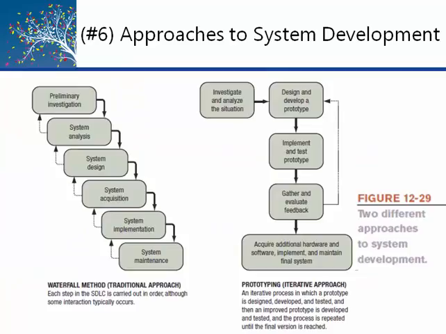And the last learning objective is the approaches to software development. This is not pre-phasing it in. This is going back to the development itself. Our 6 phases: preliminary investigation, systems analysis, system design, systems acquisition, system implementation, systems maintenance, 1, 2, 3, 4, 5,